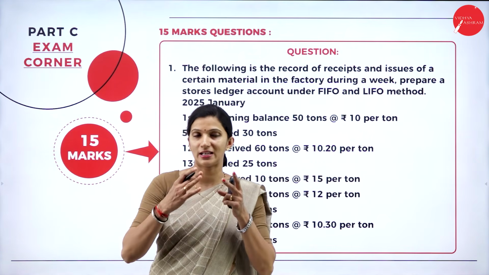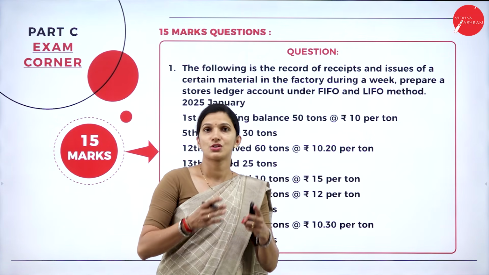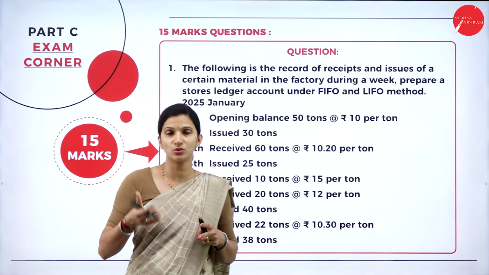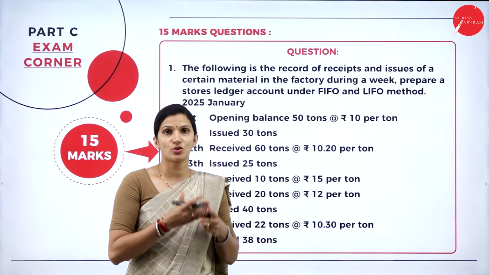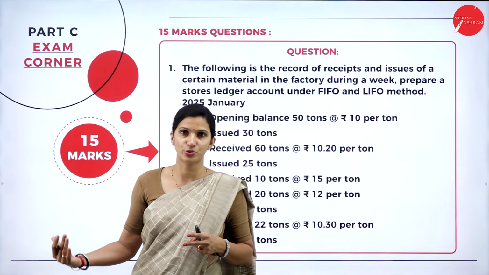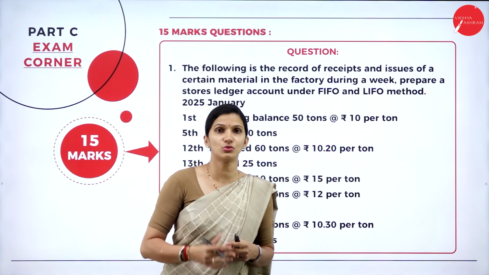So in the examination, as per your examination paper pattern, for 15 marks you will write 2 questions. That is 15 into 2, total 30 marks. So here you will usually be given 3 questions. In that, 1 will be the option, and you need to write 2 of the 3 questions.